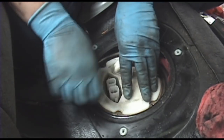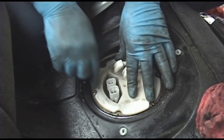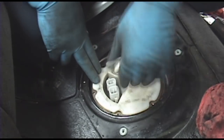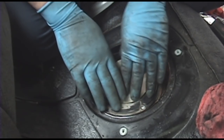Pop it back down like it came off, which is lines facing forward, of course. Now I might have a little resistance there from that hose. I probably didn't position it exactly correctly, but that'd be alright. Get your retainer back in place,